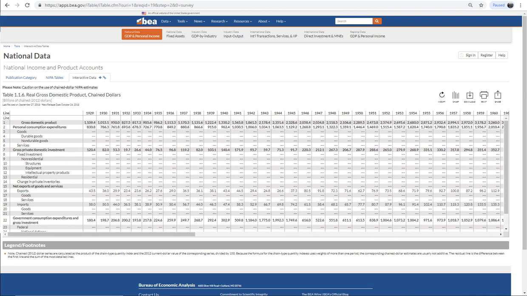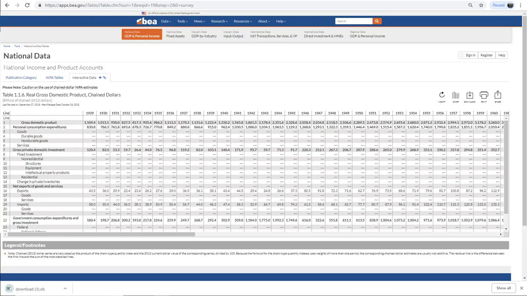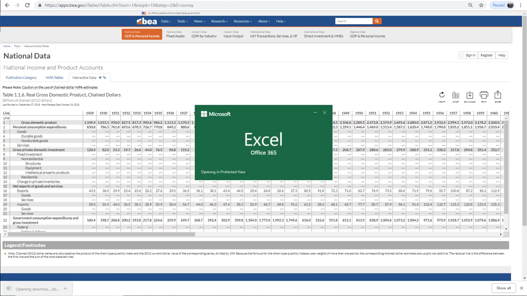So part 1, step 1, is to click over here on the right, to click download, and we're going to download the data. And then from this table, download table, we're going to choose the first option, which allows you to download this table in Excel format. So I'm going to click this, and then at the bottom left of my screen, I'll see an icon that says download.xls, and I'm going to go down here and click this, and what should open is this table in Excel